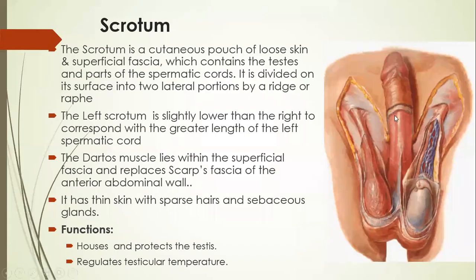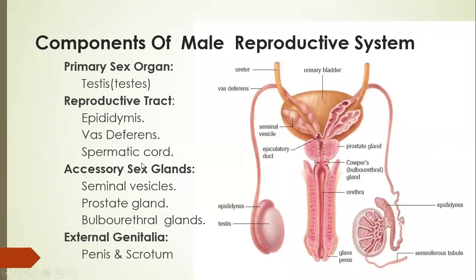Let me show you. This is called the spermatic cord. Here, this is the testis inside. Here you can see the testis open, and here you can see the vas deferens. Along with that, there are plexus of veins, arteries, everything together. This is called the spermatic cord. So the epididymis, then the vas deferens, then the structures including the vas deferens, that is the spermatic cord. This becomes the reproductive tract.